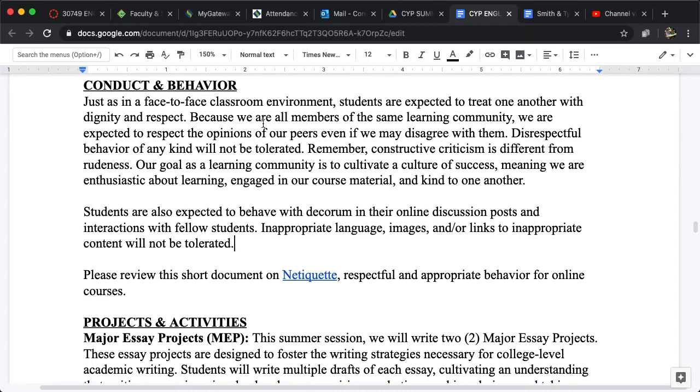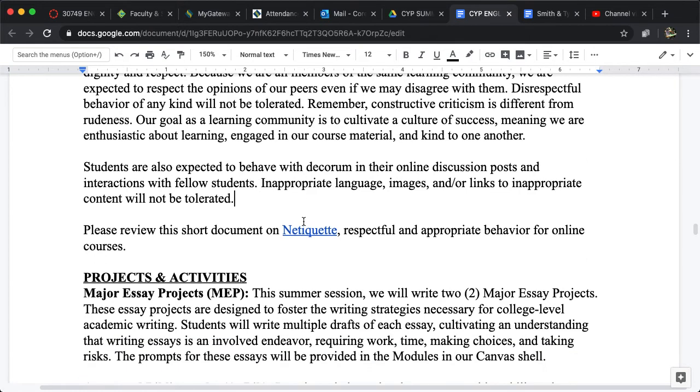So what this all means, essentially, just boiling it down, is I expect everyone to engage with the course with a level of professionalism and kindness. So not being rude to people, not deliberately posting inappropriate materials or things of that nature, or being overly confrontational. Again, we can disagree with somebody, but there's a respectful way of doing that, right? So, in other words, just be kind to one another and use your better judgment about what is appropriate for an online college course, right?